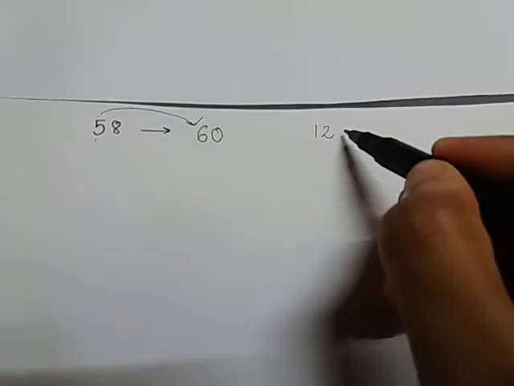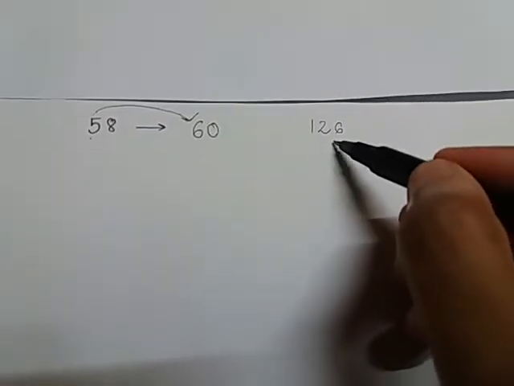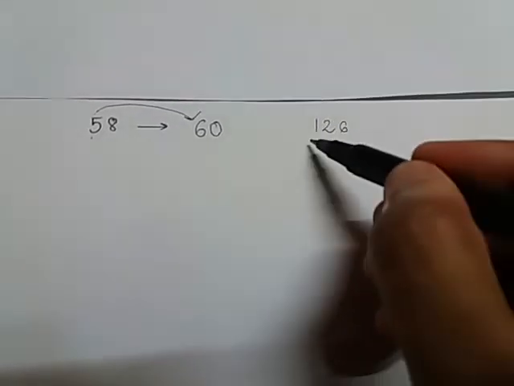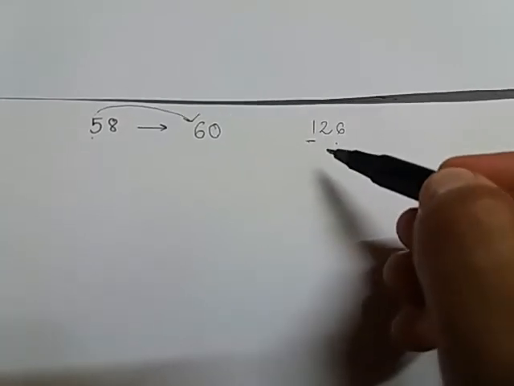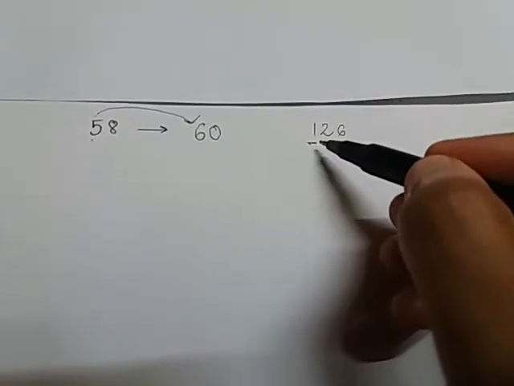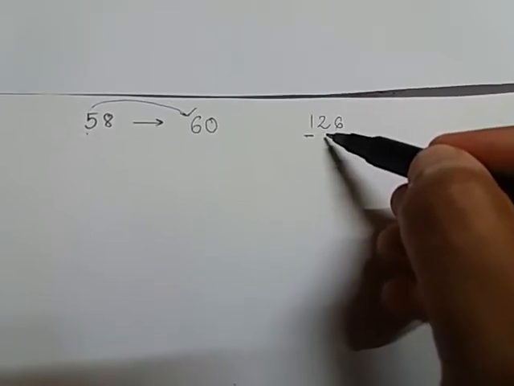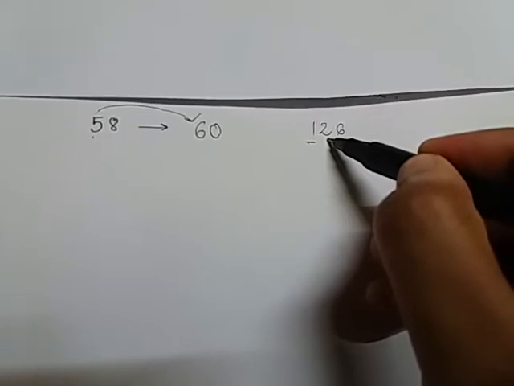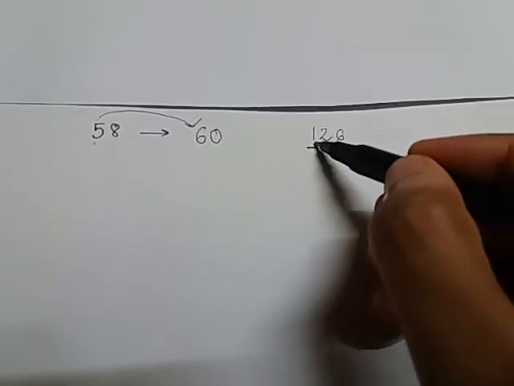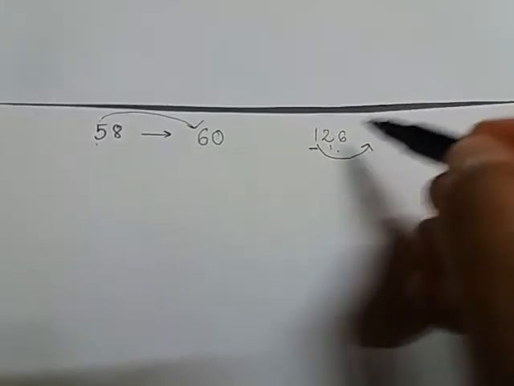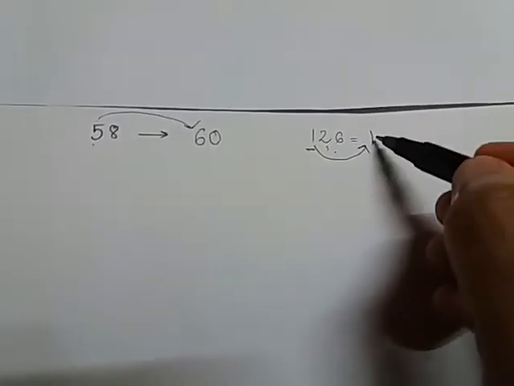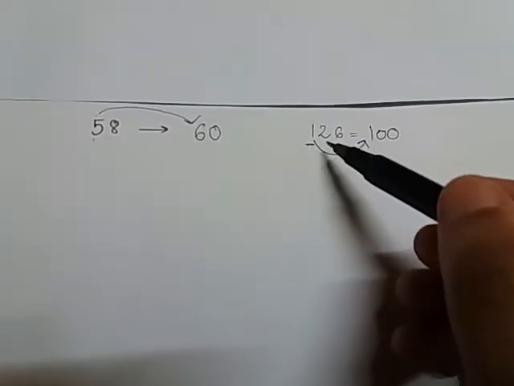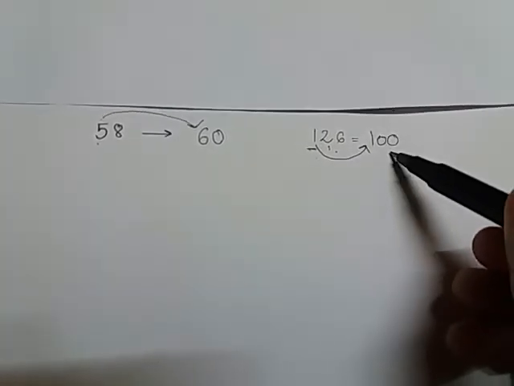Let's take one more example. Let's suppose 126. We want to round this number to its nearest 100 place. So at first we have to look at the digit which is standing at the 100 place, which is 1 here. Now in order to round this number, we have to look at the digit which is standing exactly right to it, which is 2 in this case. And we know 2 falls under the category of weaker number. As a result, this number will round down and it will remain 1. And the other two place values will become 0. So round off of 126 to nearest 100 will be 100.